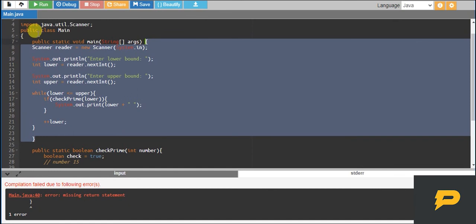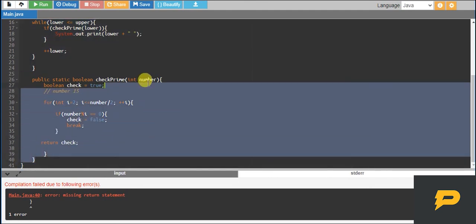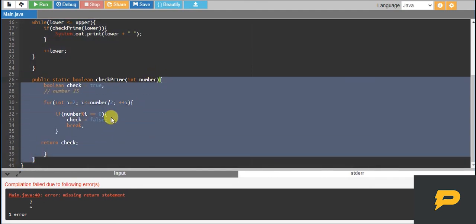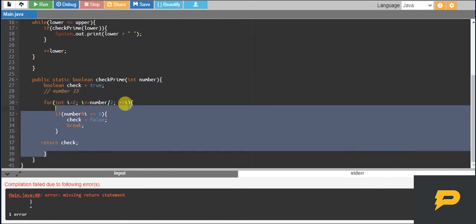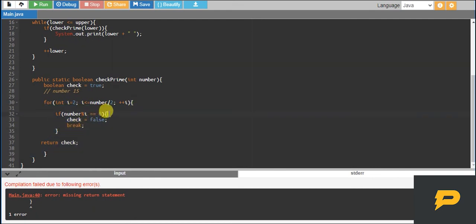We just need one bracket for the class, so that should be in the end. This is for the class, okay. This bracket is for this function, okay, and this bracket is for this, then this is for this, okay.